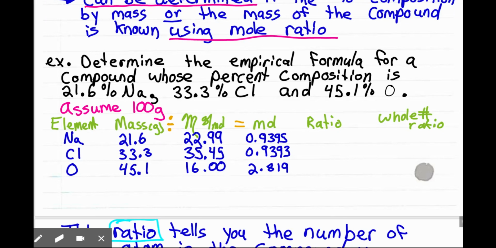So we're going to take our lowest number of moles, which is 0.9393, and we're going to divide the other numbers by this number. Actually, I'm going to make a little note here first. I'm going to divide by